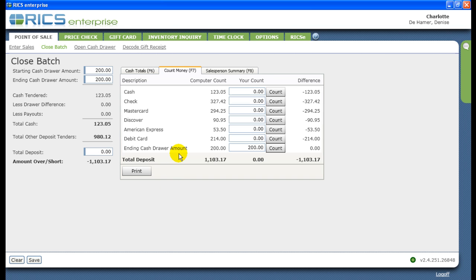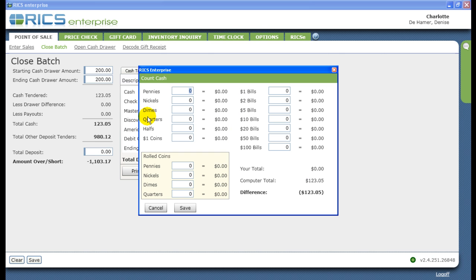So whatever cash is left in the drawer after we've counted our $200, we should be able to pull out, and it should be this $123.05. So we can click on Count, and we can count our cash that's going to be deposited in the bank. So here I have 1 nickel, and I have 3 $1 bills,